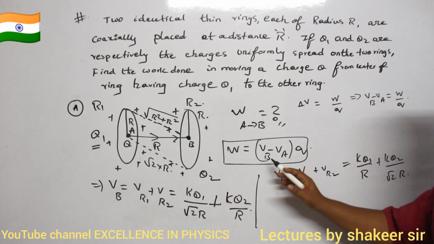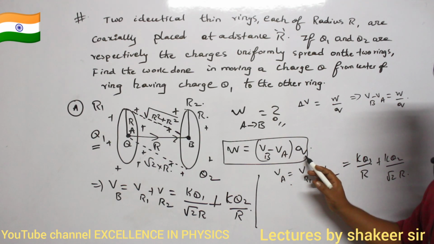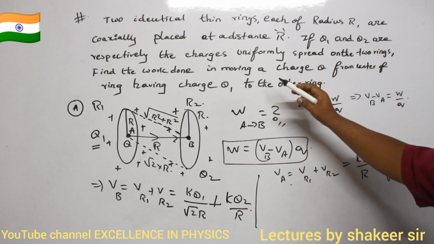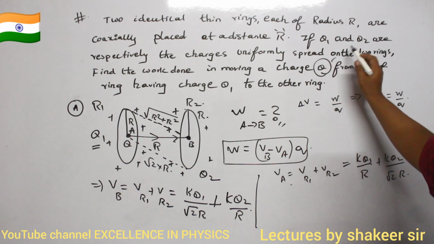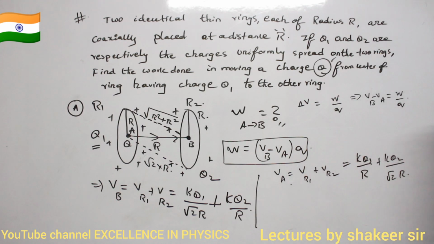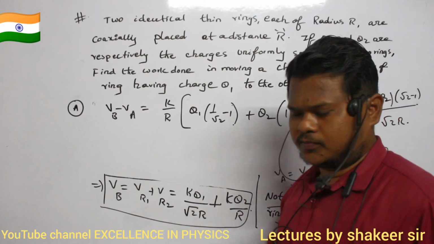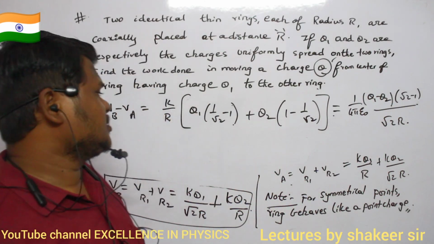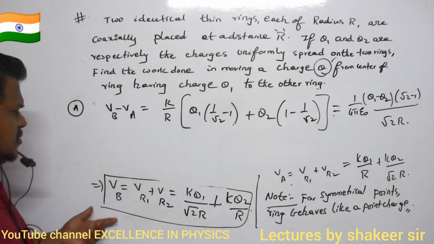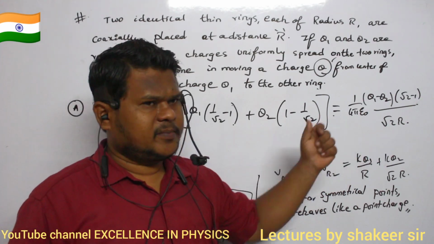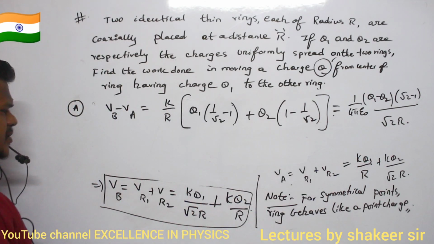Now, can't you calculate VB minus VA and multiply that with the charge which we are carrying? What is the charge which we are carrying? We are carrying a charge of Q. That is our answer. Do the calculation from here onwards. If we do VB minus VA, then this is the result which I got. So this is VB, this is VA. We are subtracting both of them. VB minus VA, the potential difference, is that much.